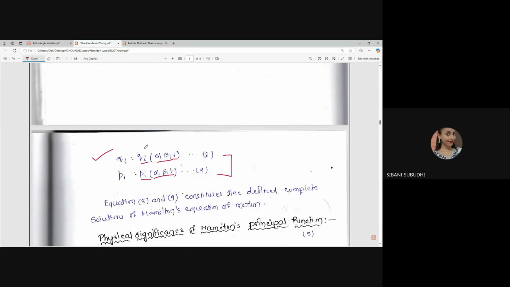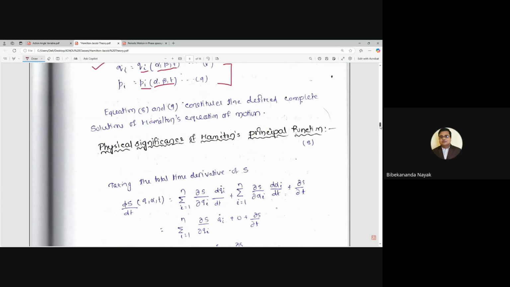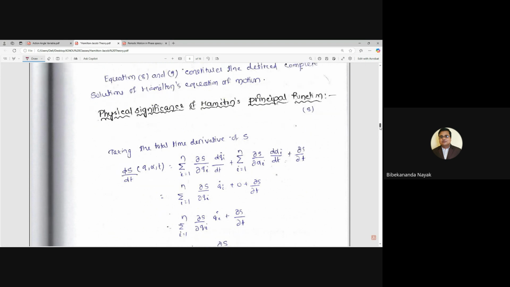Sir, sometimes I wonder about the physical significance of this Hamilton's principal function. If you take the derivative, you can see some quantity. So now let's take dS by dt. S is a function of q, alpha, t. Taking the derivative, apply this rule: if f is a function of x, y, z,